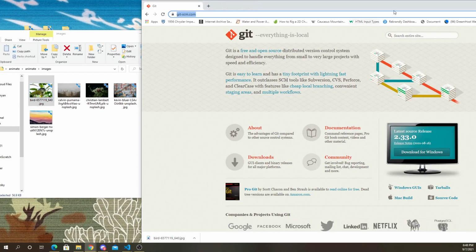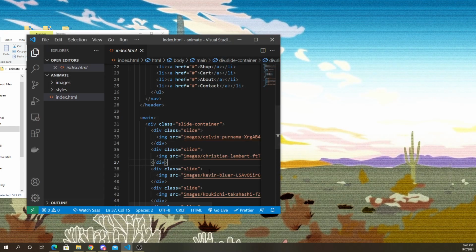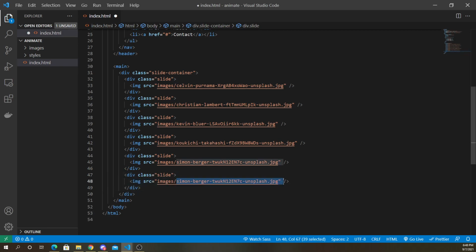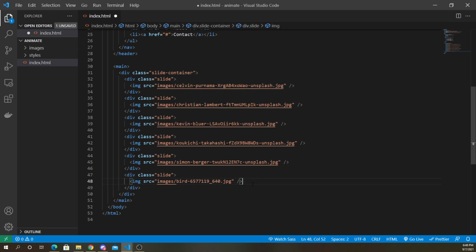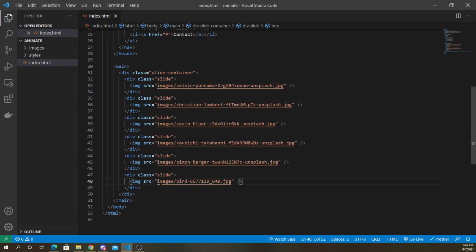There we go. And once I have that in there, I'll make that my sixth image. Just copy paste one of these and change the image source to the bird. So I'm just adding this just to clarify that if you do decide to add more images and you're creating